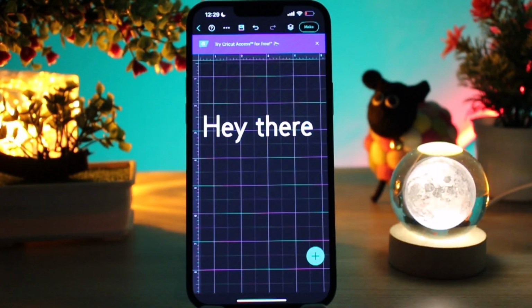Once the font is downloaded, open the downloaded font file and tap Install Font. If it asks, install it by iPhone or the Font Designer app. To get it added on your iPhone, go back to the Cricut Design Space app, tap your text, then tap